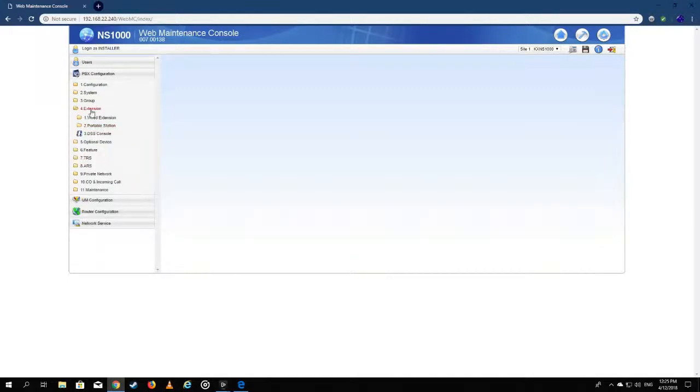Sorry, I'm trying to go through it quicker. I did one earlier and it was way too long. Features, system speed dials, hotel, verification, tenants, trunk route selection, emergency dial codes, all that stuff, ARS, leading digits, carriers, all those sorts of things, private network tie lines and NDSS tables, CO and incoming calls,